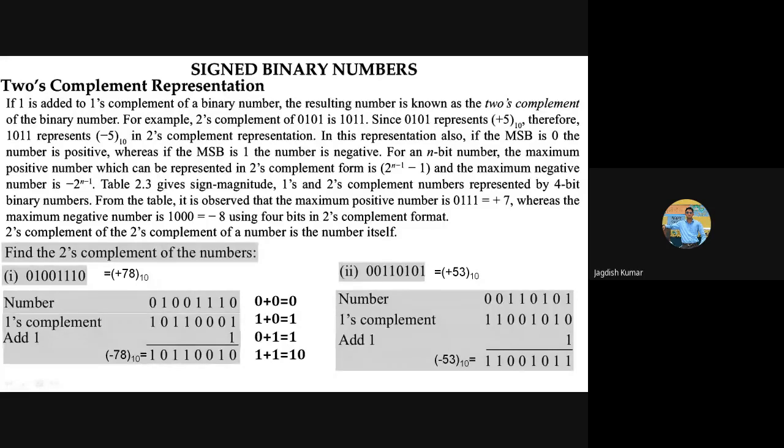This number is beginning with 0, meaning the most significant bit is 0. So if the most significant bit is 0, the binary number definitely is not going to be negative. It is a positive number. Go back to the previous slides which I just discussed. If any number is beginning with 0, it is positive. If a number is beginning with 1, it is negative. So if it is positive, you simply convert it with the help of those weights which I have given you, and then you find the number.